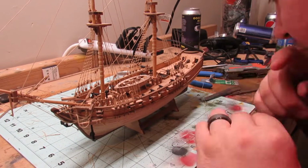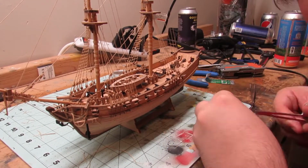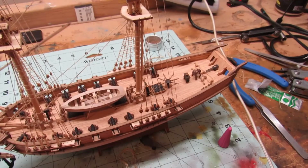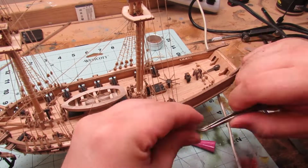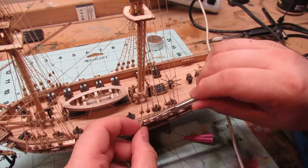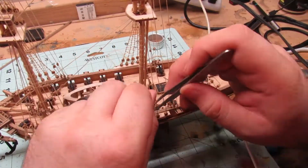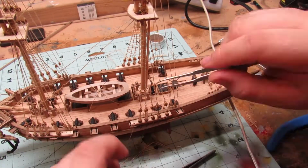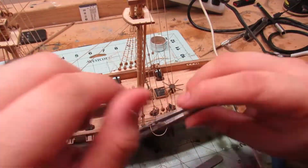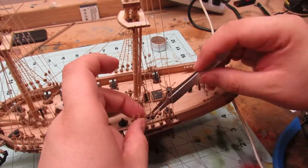But yeah, just me working with these little things, using tweezers to manipulate the small rope. And what I end up doing is I'll tie the rope off into place. You'll see those wire bits, like before, I use those to set the distance. And then once I got that distance set, I put through the smaller rope, and then tie it off and super glue it. So all the times I've made a knot somewhere, I've super glued it in place as well as done the tying off. And the reason for that is that way it's never going to come apart. It's going to be good, sturdy, solid, and